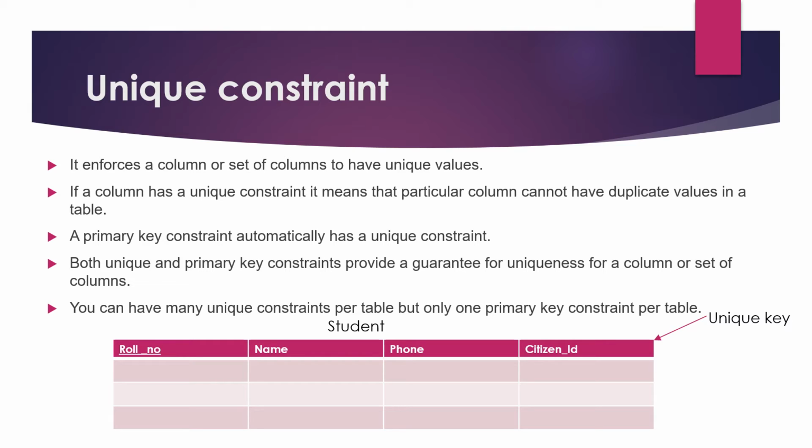The unique constraint relates to the type of values that can be had in an attribute of a relation. And it specifies that every valid value in an attribute should be a unique value, and by valid value it means that the attribute defined with the unique constraint may have either a null value, or if it has a valid value then it has to be a unique value for every tuple in the relation to which the attribute belongs.